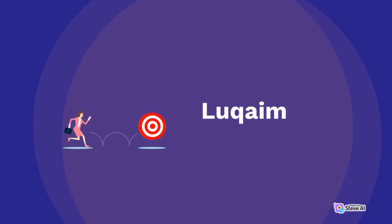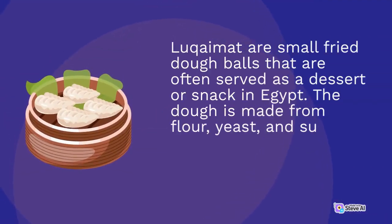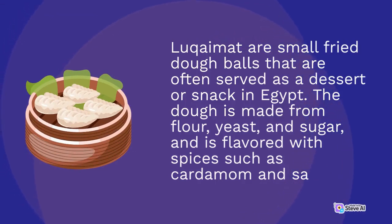Lukaimat. Lukaimat are small fried dough balls that are often served as a dessert or snack in Egypt. The dough is made from flour, yeast, and sugar, and is flavored with spices such as cardamom and